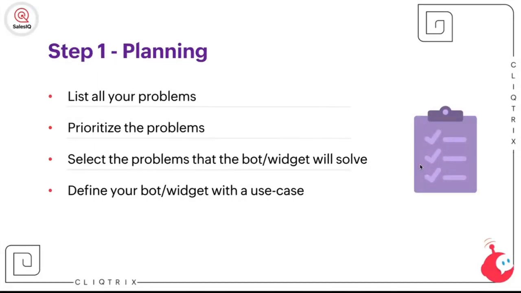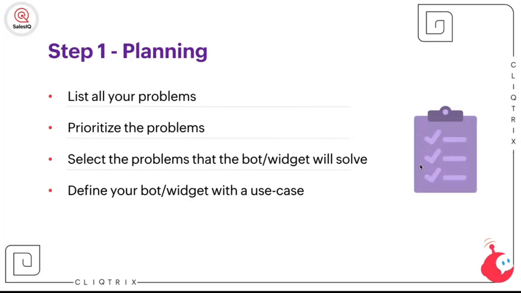So step number one, the first phase of designing, is planning. As we've discussed, plan what you're going to build. It has to be either a Zobot or a widget. Then think from a business perspective and create a list of problems where you think the bot or widget could be used. For example, take a consulting service. A bot for your customers to schedule appointments with you will be useful. If you are engaging with your customers, you need a widget to schedule appointments with you. So this will come in handy if you have a consulting business, right? This is how we plan and list your problems,